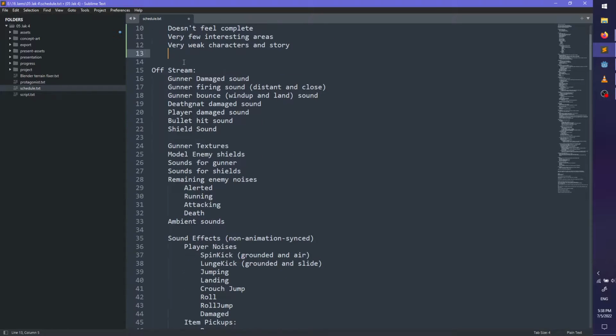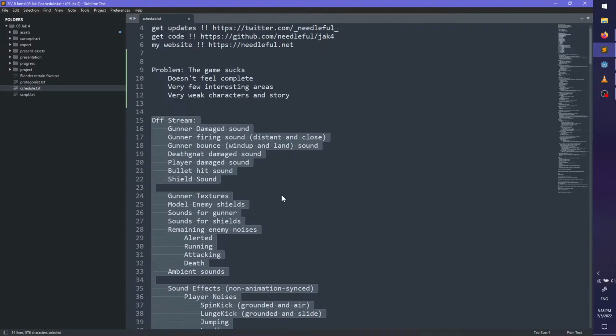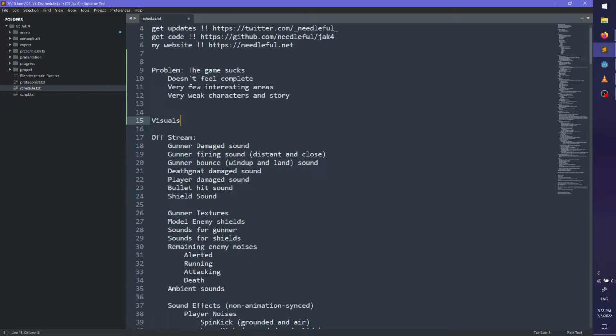So, lots of important things that I need to do are like the sound effects. Then let's also add visuals. So, yeah, there's tons of things that I need to do. Especially because I'm looking at some of the other people, or the other developers who...